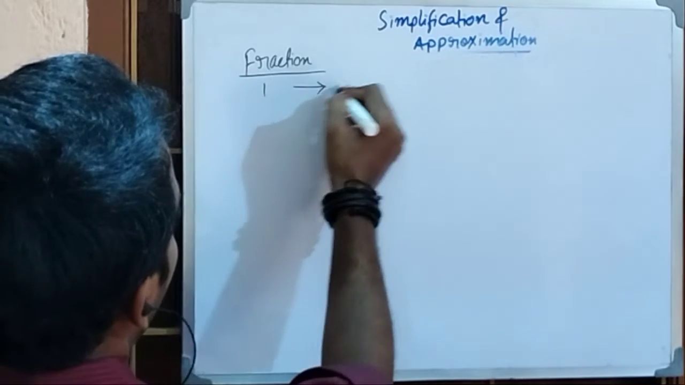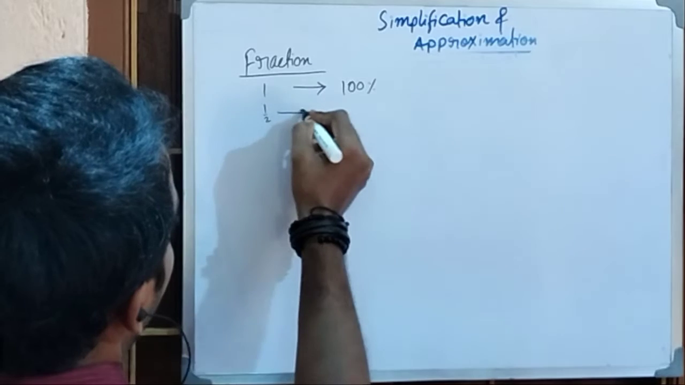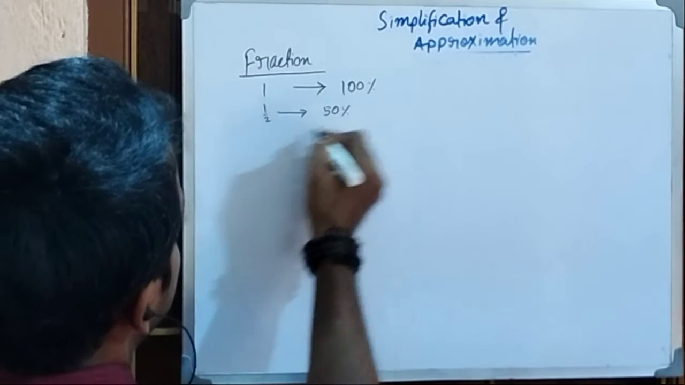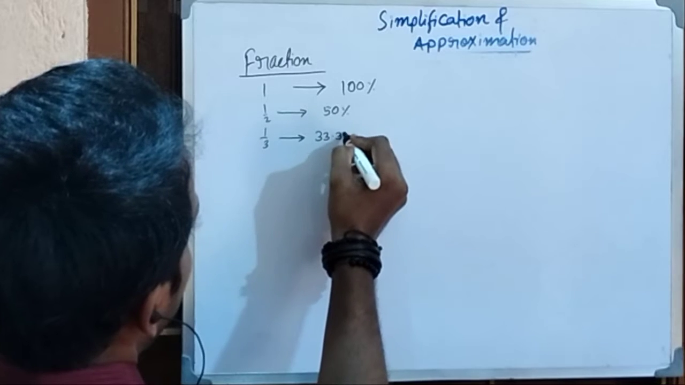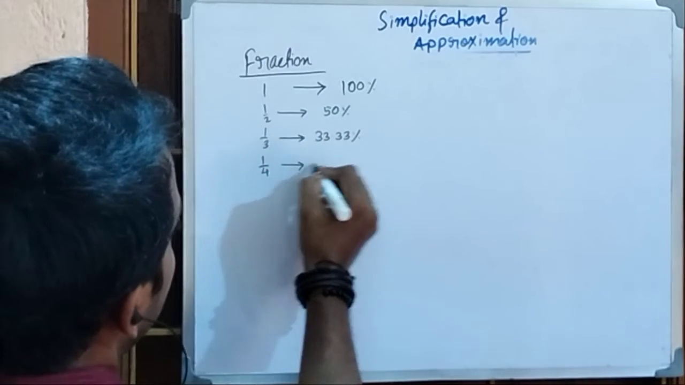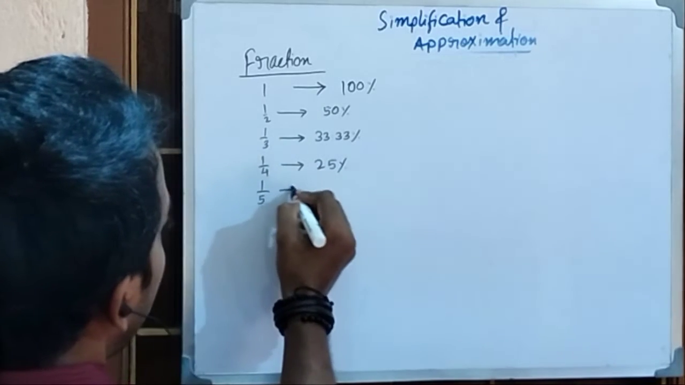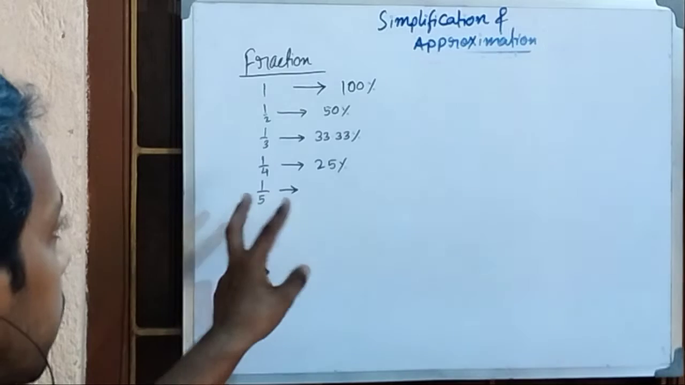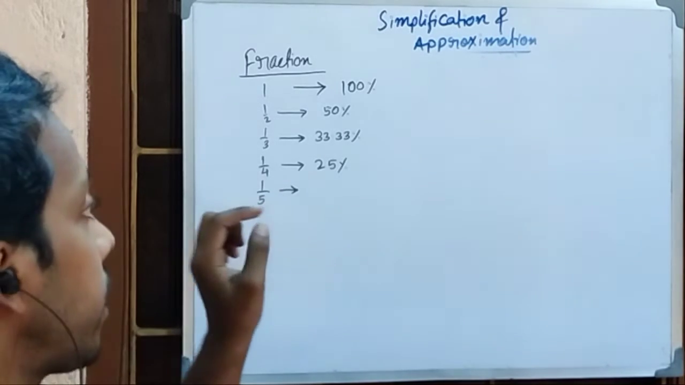One, as we all know, gives 100%. Half gives 50%. One third is 33.33%. One fourth is 25%. I know this is all very easy stuff, but when the multiples of these fractions come in,